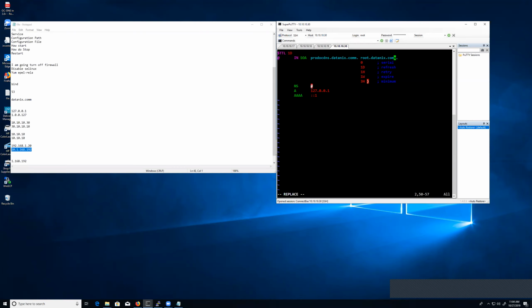I don't know why this took out my comma. You want to make sure that is there. For some reason, this came out, so I put it back there. So this is another A record right here. We want to also add